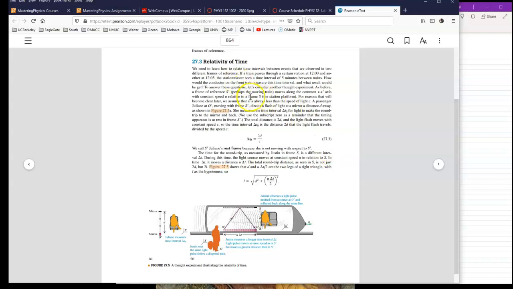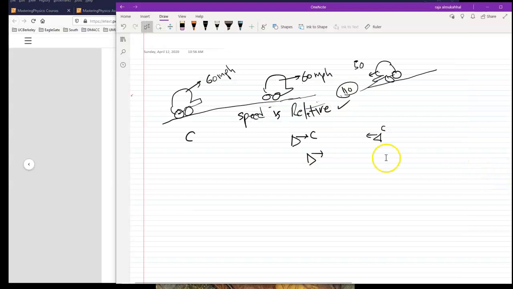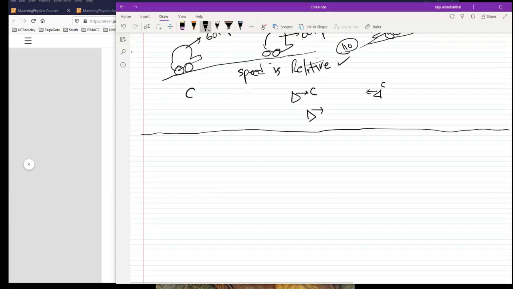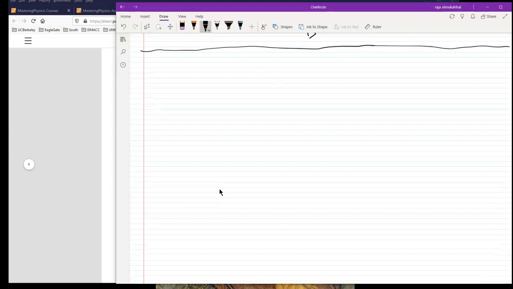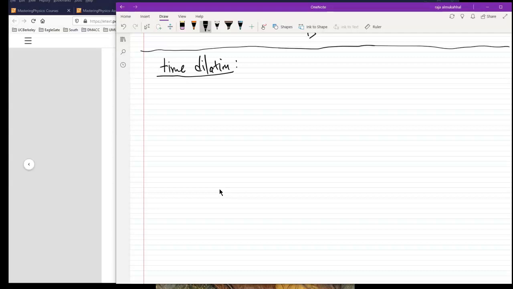Okay. Now we talk about relativity of time. We have something called time dilation. This is an important concept. Again, we are in the first part of relativity, which is relativistic kinematics. Time dilation says the following, that when it comes to time,